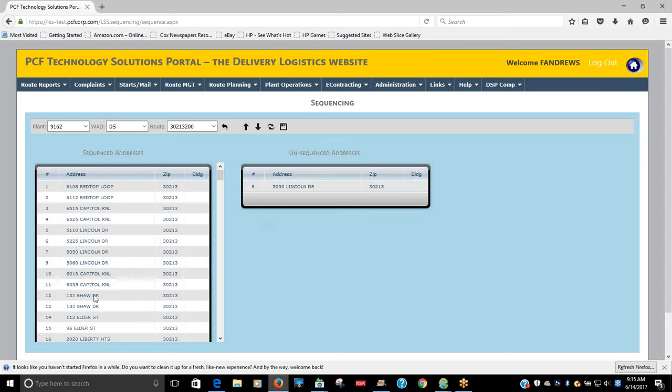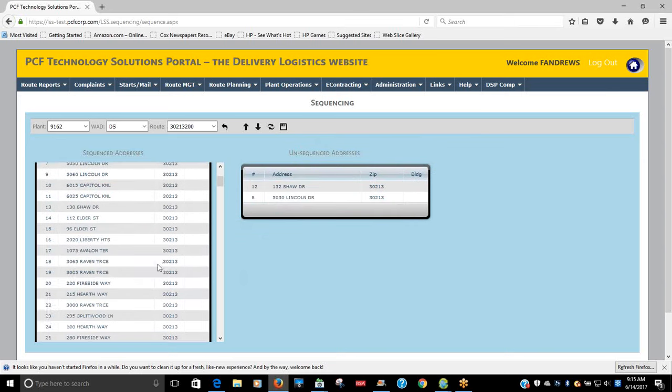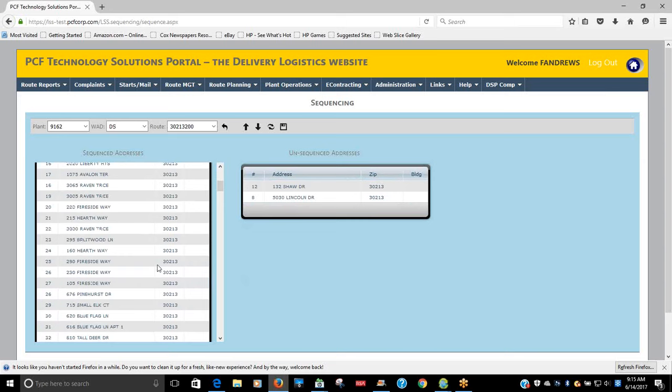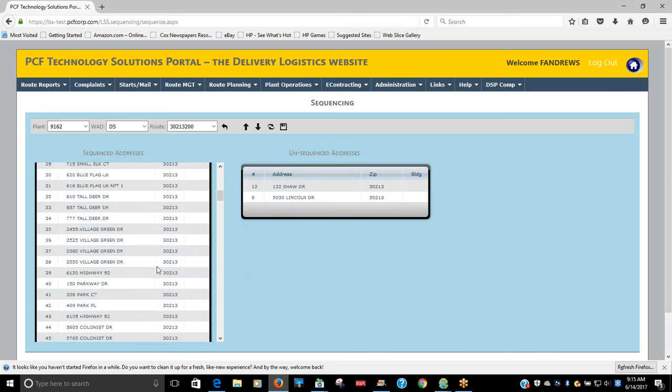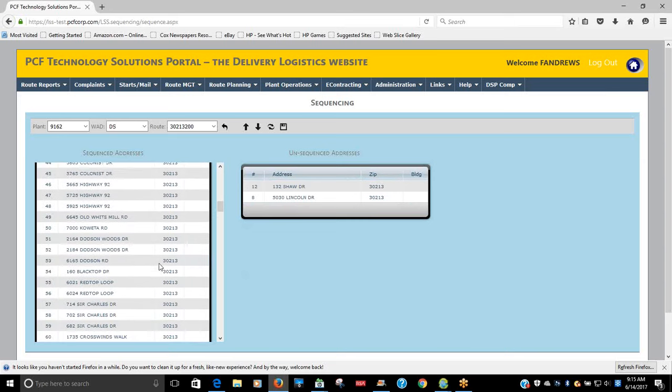Okay. Then you can move and scroll through your route and add those back in when you get to the area where you want to add it in. Right, right. All right. It may take a little getting used to, but